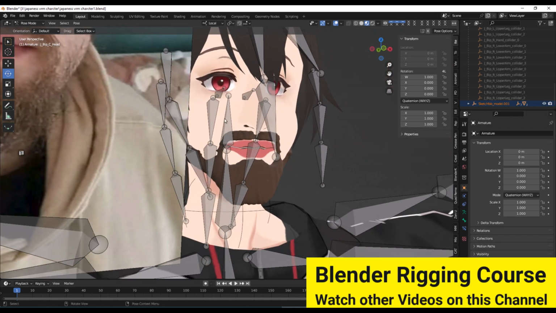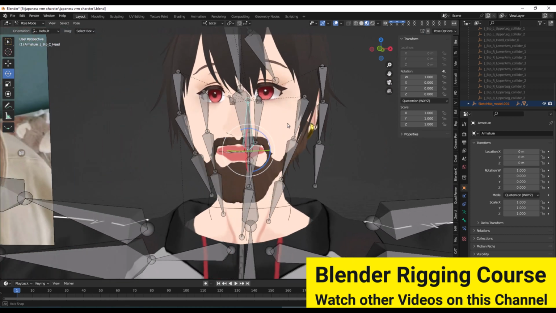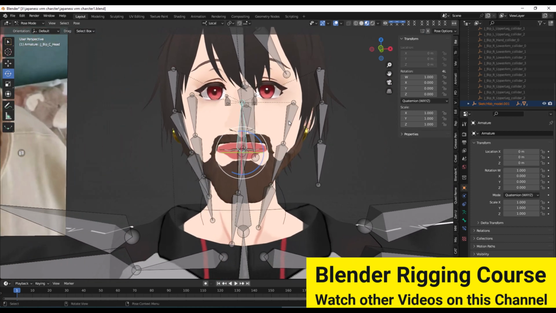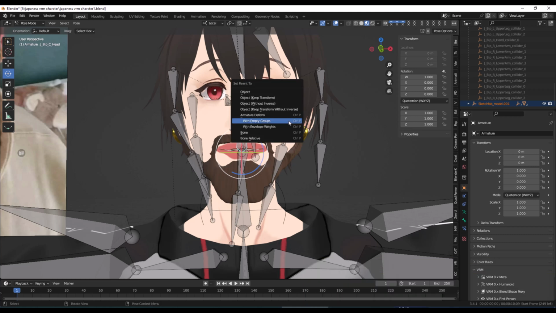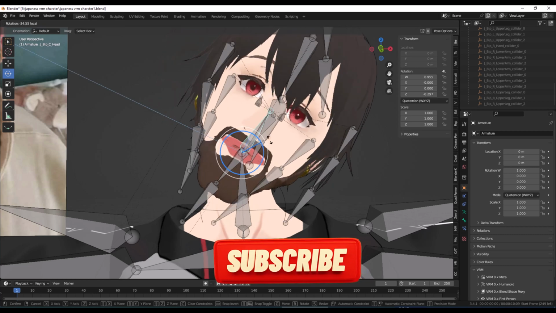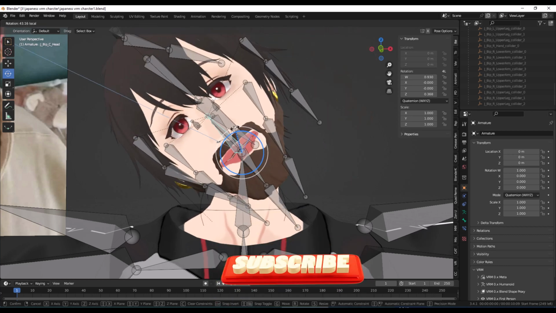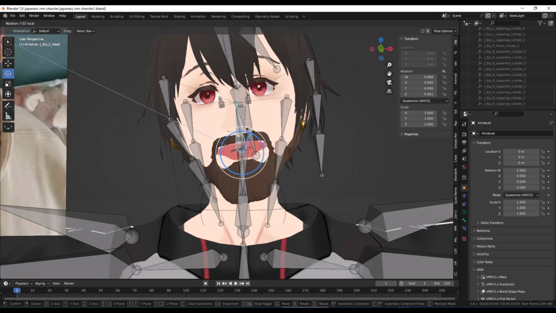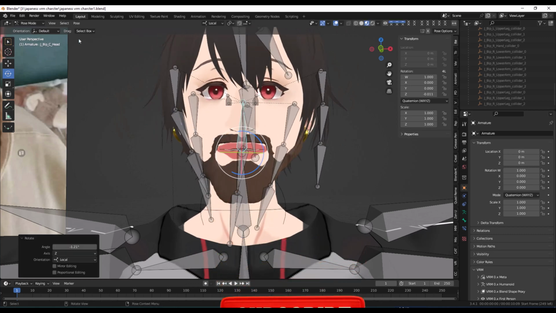You have the earring, so I am going to the head bone. Select the head bone, hold Shift, and then press Ctrl+P to get this pop-up, and then select Bone. So you can see the earring is now attached to the